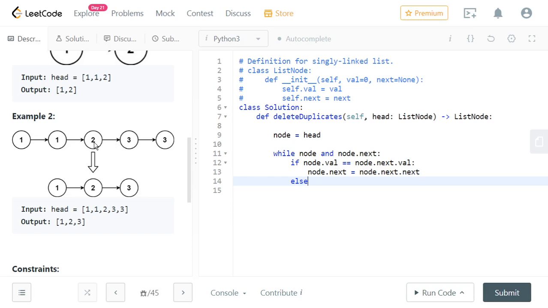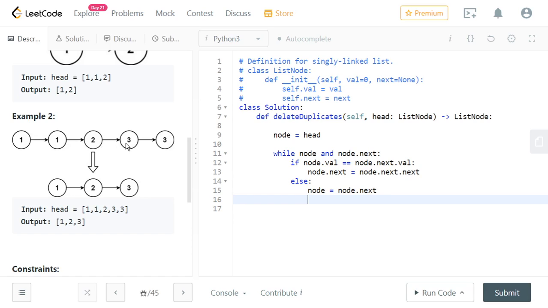If 2 is not equal to 3, then it must be a unique element, so we just increment the pointer to the next one: else, node equals node.next. It's equivalent to i plus equals 1 in a while loop.